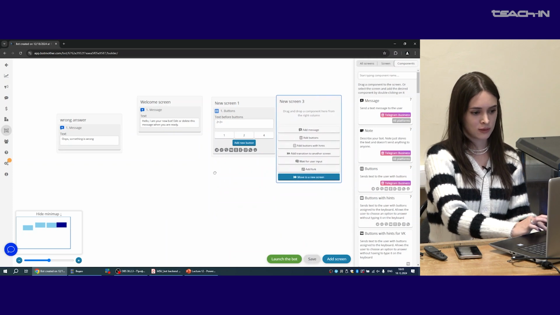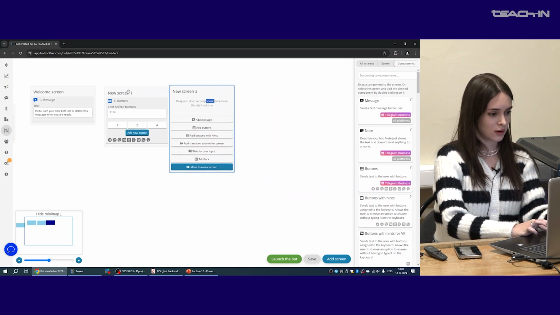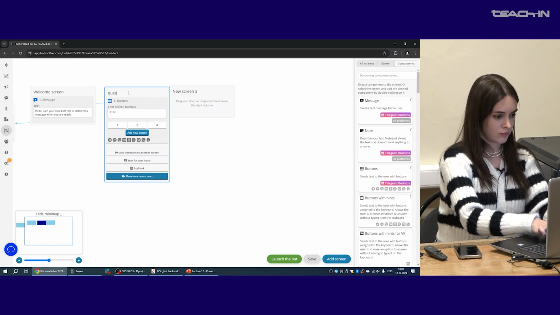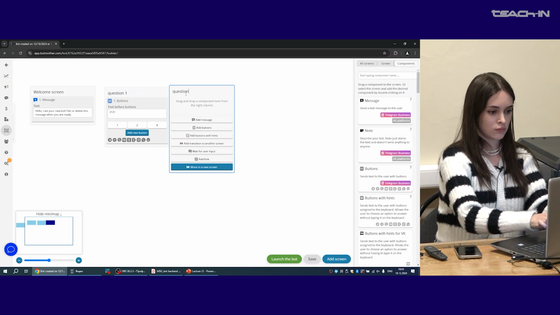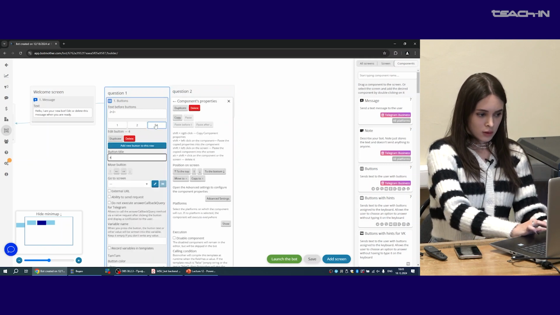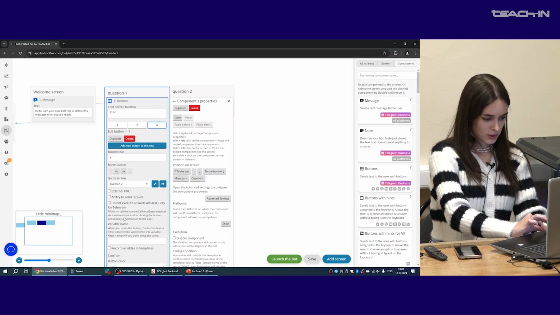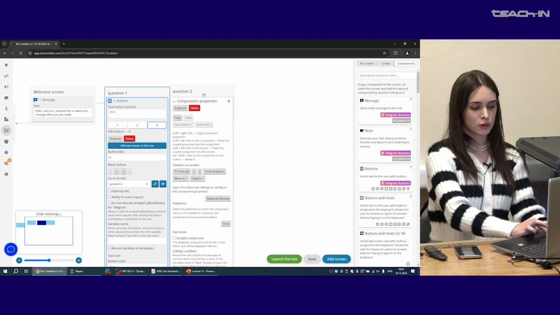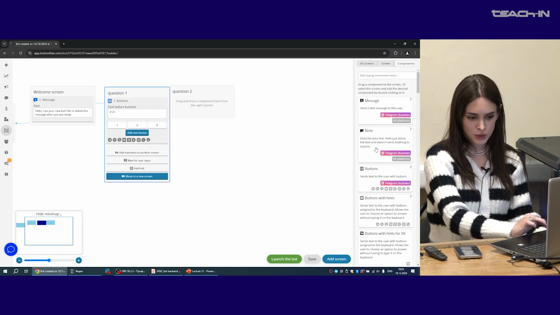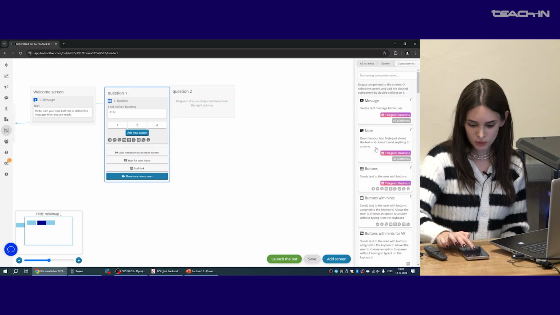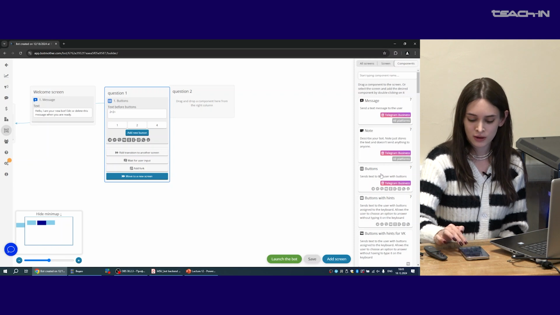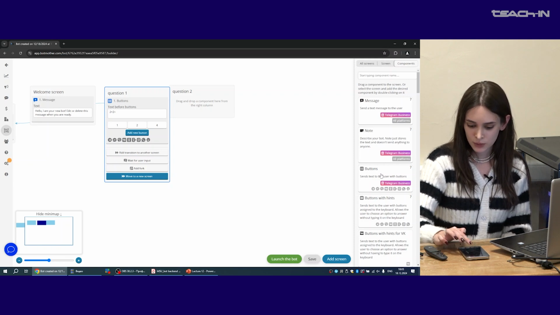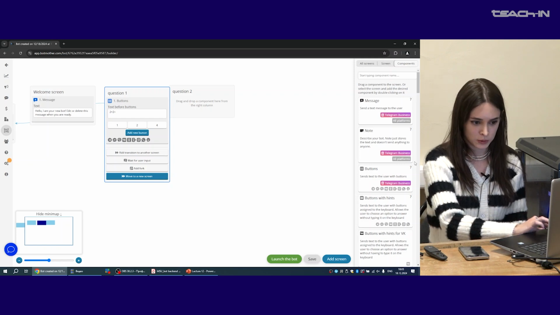we can add another screen. So if a person answers the question right, he or she goes to question 2. And question 2 can be either the same structure, or it can be another one where he or she writes something on their own. For example,